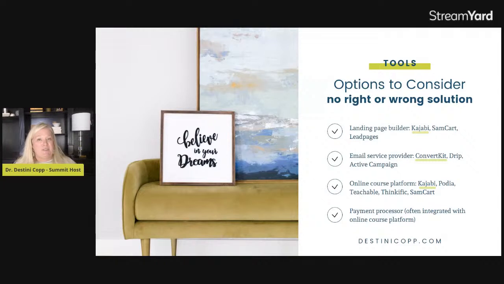You can also use something like Samcart or Lead Pages. I'm a huge fan of Lead Pages for people who are just starting out. It has a fairly low price point. It has worked well for a lot of different landing pages and sales pages that I've done over the years. So I think it's a really good option for folks.